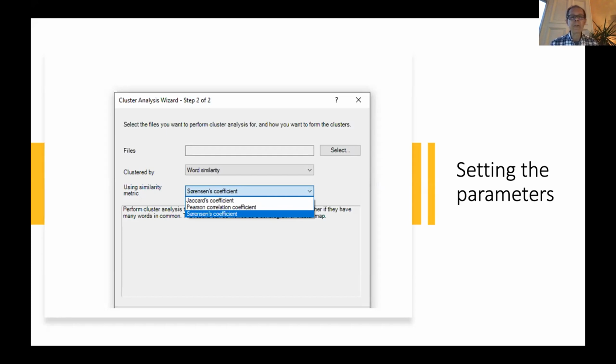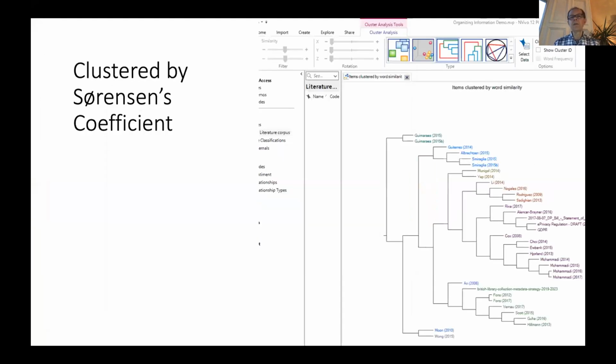Sorensen's coefficient is very similar to that. It uses a similar kind of basis. And Pearson's correlation coefficient is a little bit more complex. So you get slightly different results depending on which one you use. Using Sorensen's coefficient and also saying that I want 10 categories, what it's done is it's grouped them together, but it's also helpfully shown them in different colors so that I can see what a category is. So you can see that